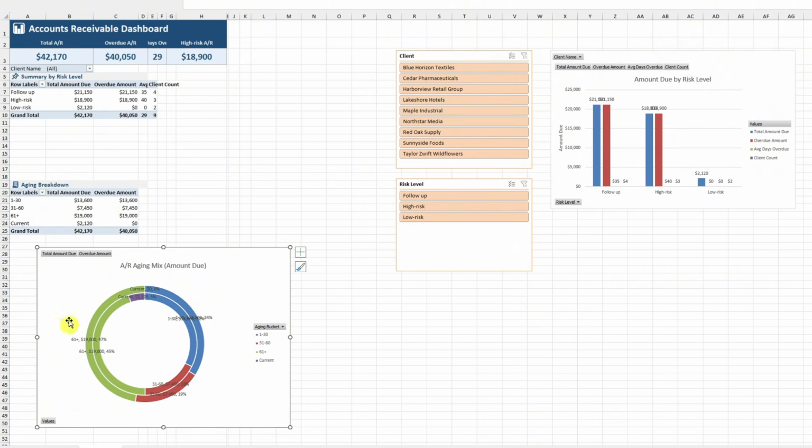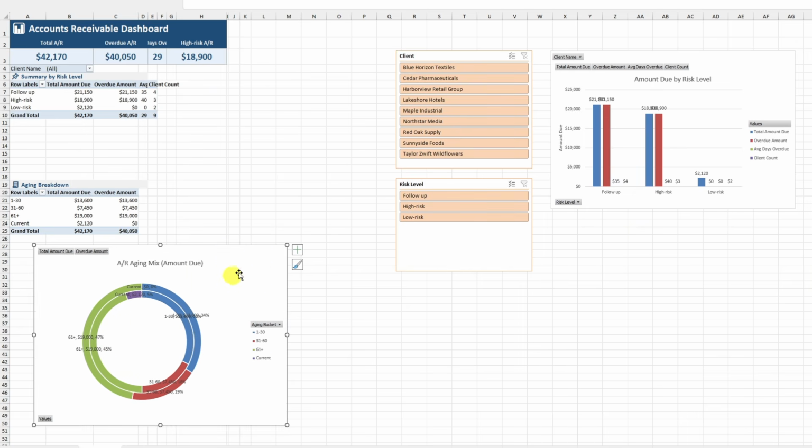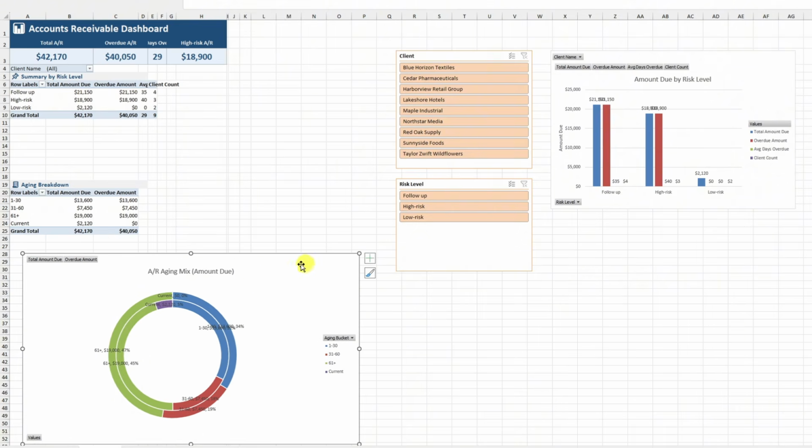Amount due by a bucket. Super interesting. Honestly, I don't even know how I could make a dashboard myself like this one. I think this one is a bit messy, but still, I think it's pretty cool because if we want to